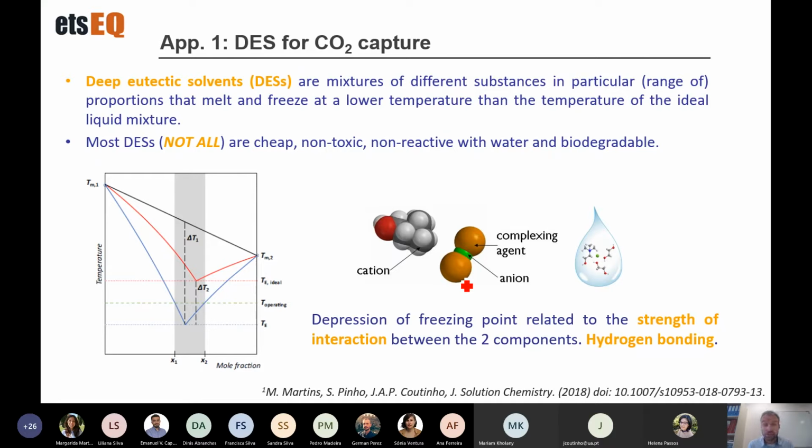are fascinating mixtures, and you know that they melt and freeze when combining a hydrogen bond donor and a hydrogen bond acceptor. They freeze at a lower temperature than that of the ideal liquid mixture, and they have lots of advantages because they can be used as solvents in different types of separations. But of course, we also know that the strength of interactions between the two components is affecting the physicochemical behavior. So this represents a good challenge for SAFT-type equations of state in order to get a good model of